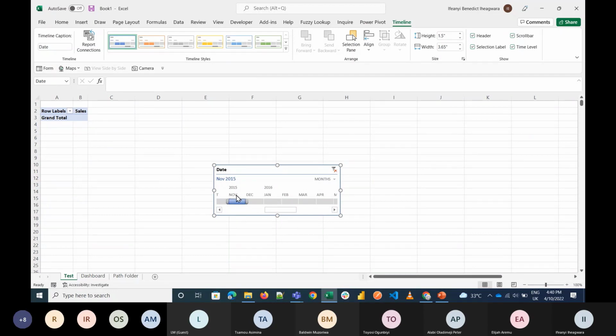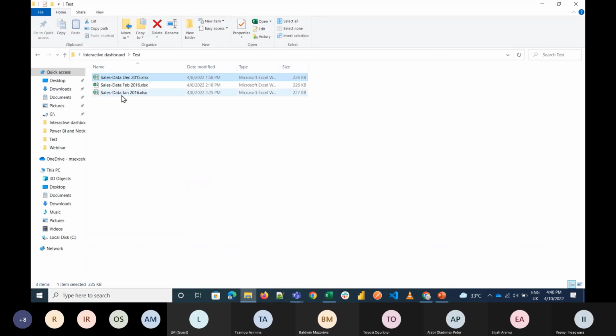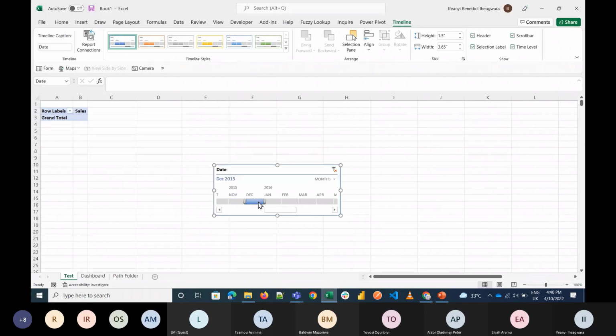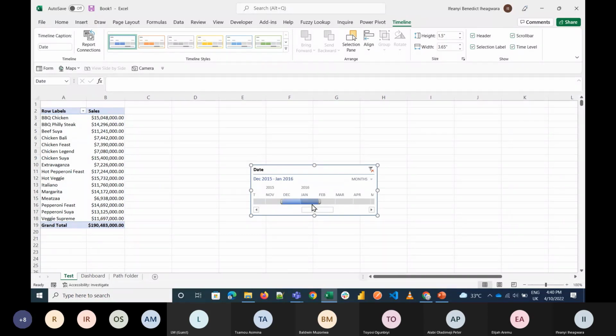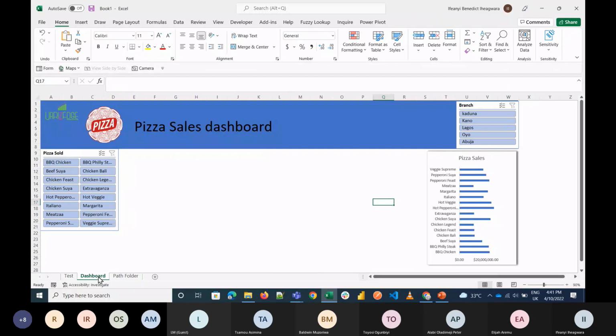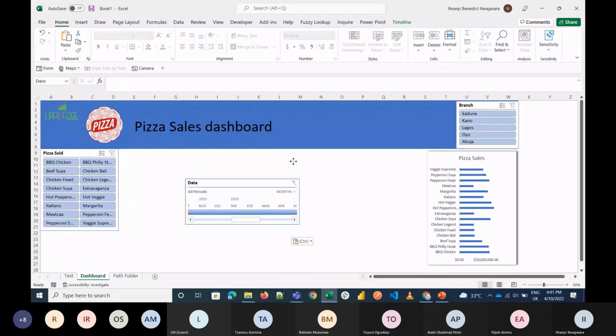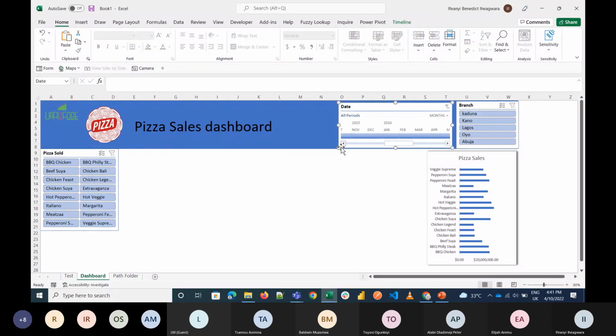November 2015, we have no data. If you look at our data, I just started from December to January. So I go back to Excel, and if I pick December, I get data for December. I pick January, I get data for January. I can also expand it to pick December and January, and I can use this to cancel it out to give me everything I have. So for this, I come here and I keep it down. The next thing I'm going to make now is going to be